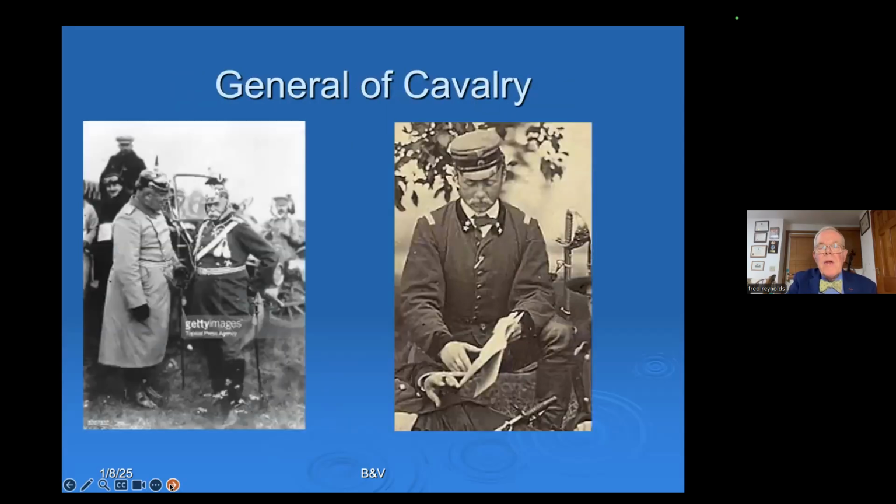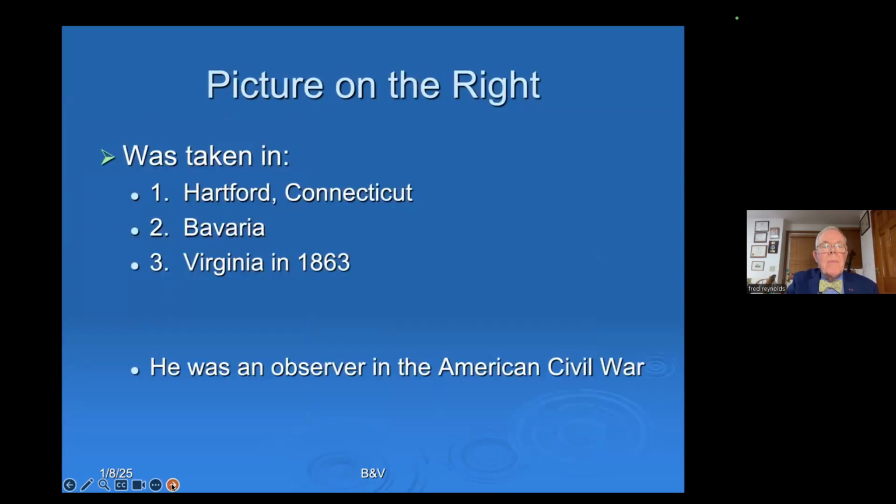So here he is. On the left, you can see him in the battle garb of, I believe, a brigadier general in the Prussian cavalry. Prussia, of course, was one of the many states of Germany at that time. And on the right, this is an interesting picture, so here's another one of these rhetorical questions. The picture on the left was taken in Prussia. I wonder, where was this picture on the right-hand side taken? Was it in Hartford, Connecticut at last year's show? Was it in Bavaria when he was a youth? Or was it in Virginia in 1863? Well, the answer is